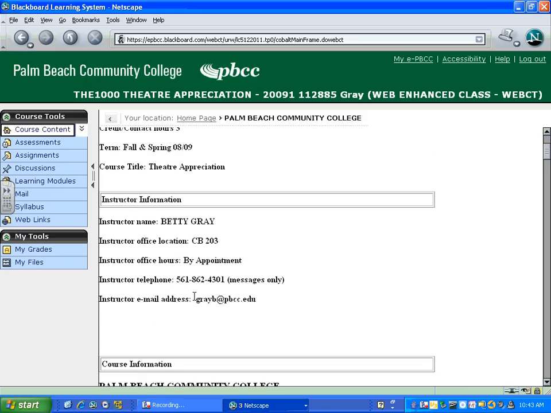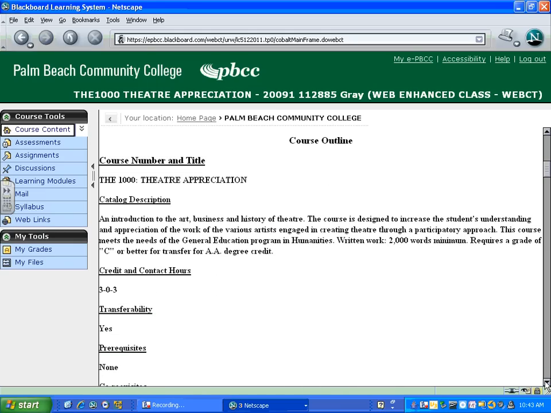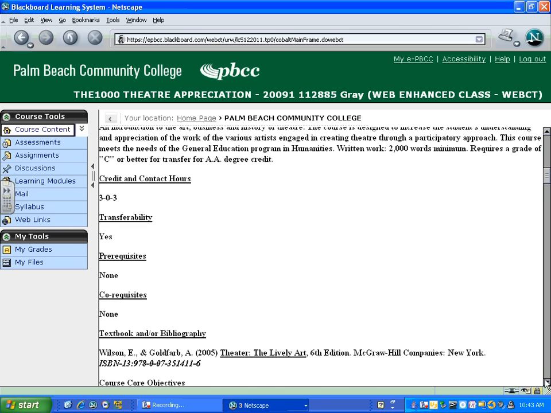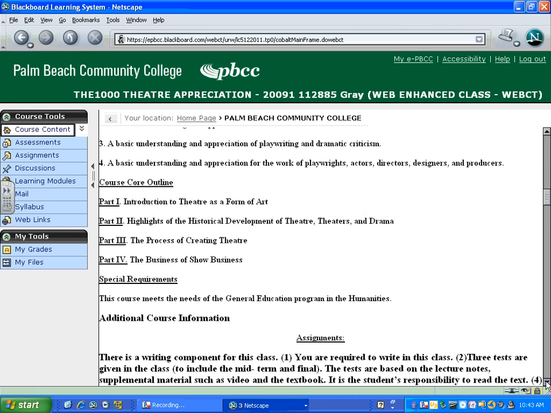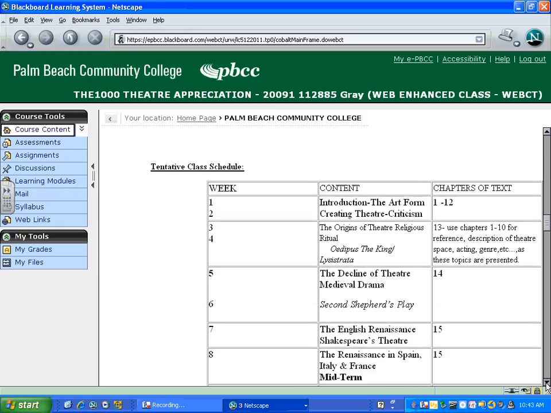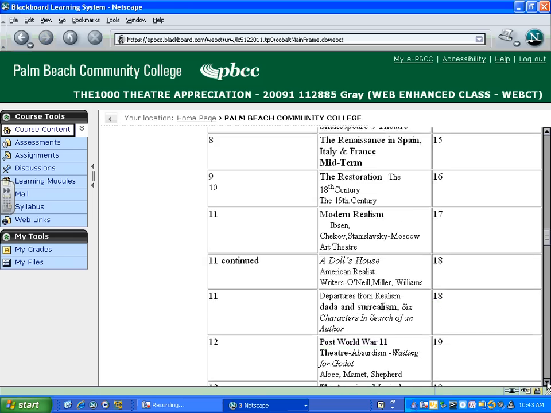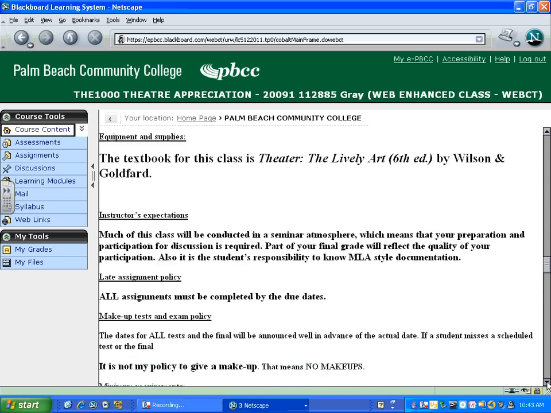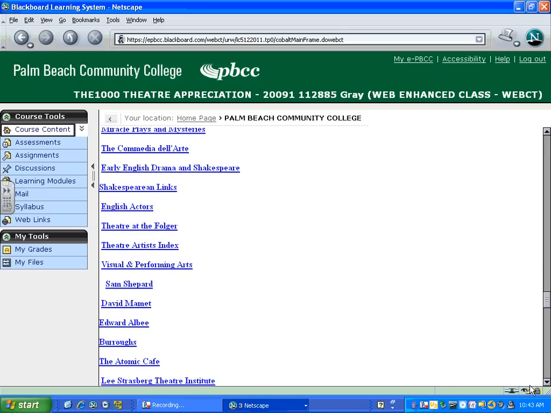I would look probably at the syllabus first because there is important information here about how to contact me. I use email more than phone messages, and this is very important in relation to some of the general course requirements. Here's your book, your ISBN number, and all that. I'm not going to read all this to you now, but this is how your grades are all arrived at. It explains the weekly schedule, some of the core content of the class, and at the bottom of the syllabus, there are some pretty good reference links that will help you